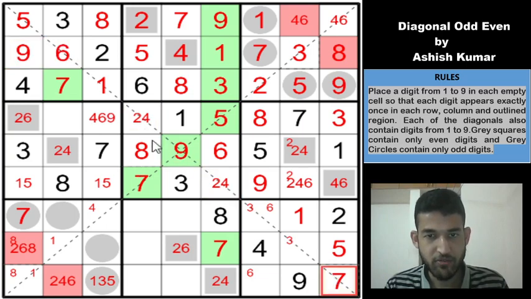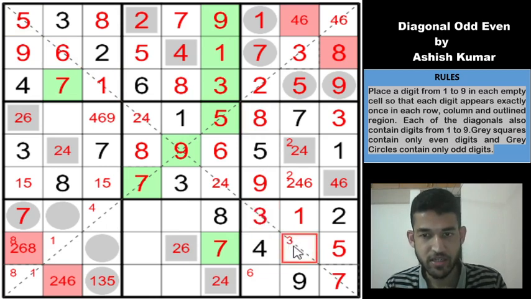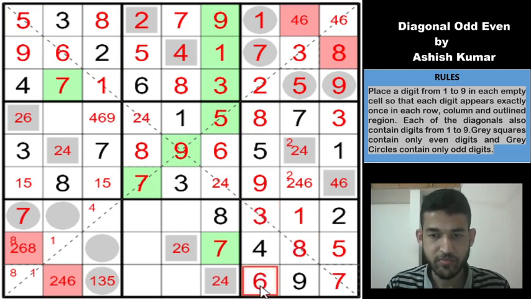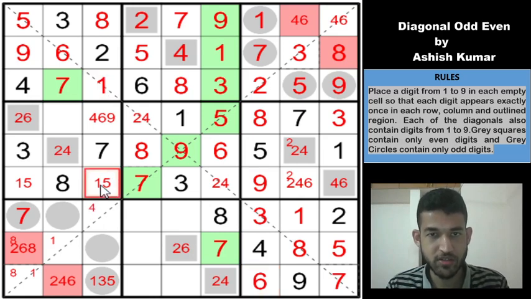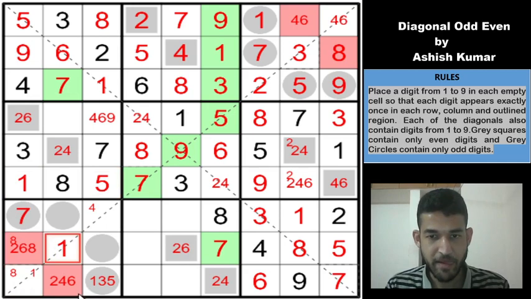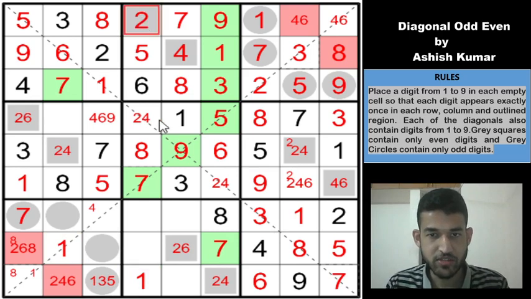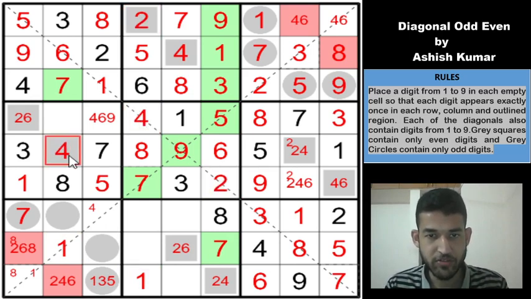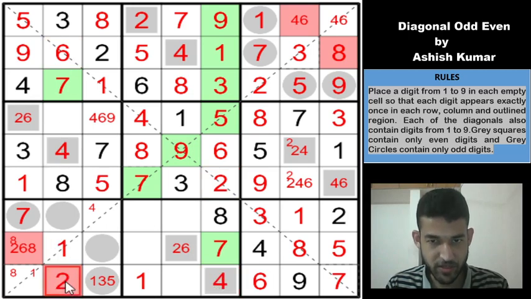2, 4, 7, 9, 1, 5 and 6, right? So these two cells must be 3 and 8, 8 can't go here, so this is a 3, this is an 8 and this must be a 6. So 1 here resolves this 5, 1 pair in box 4, and 1 is eliminated from here because of this 1, which gives us the 1 here for this diagonal, and 1 here because classic, and this 2 resolves this 4, 2 pair immediately. This 4 gives us a 4 here, this 2 gives us a 4 here, and this cell can't be 4 and 6, so this would be a 2.